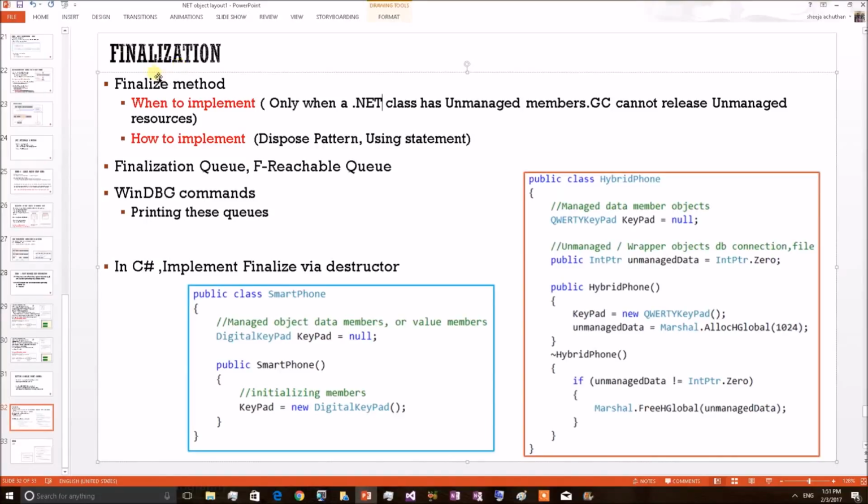Hello, in this video we shall discuss the .NET internal topic, finalization. There are many concepts involved with finalization, so we shall split our discussions into multiple parts. In the first one, we shall see what is the purpose of implementing the finalize method on a .NET class. In the next one, we shall see the effective way to implement the finalize method